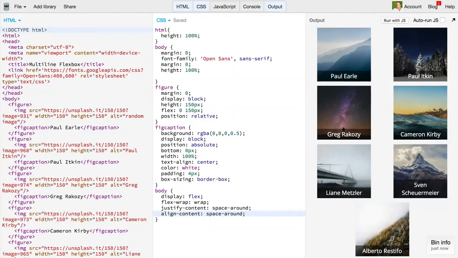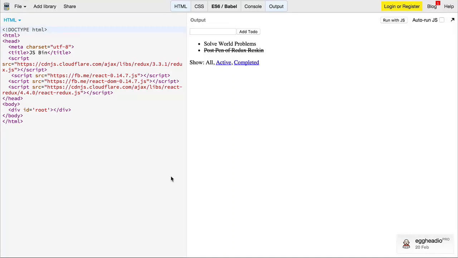Align-content is only used with multi-line content, and make sure not to confuse it with align-items or align-self, as it won't do anything on single line content. Flexbox has a lot of power, but it's only useful if we can use it in real websites and applications. We're going to look at a couple of ways that Flexbox can change the way you can lay out an